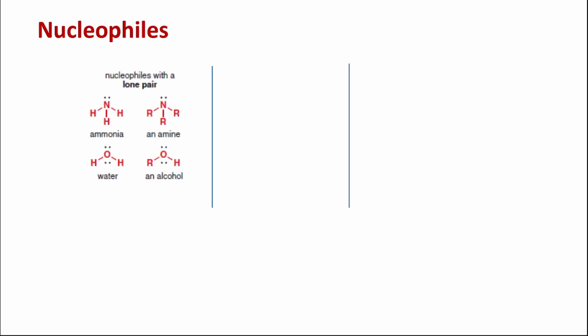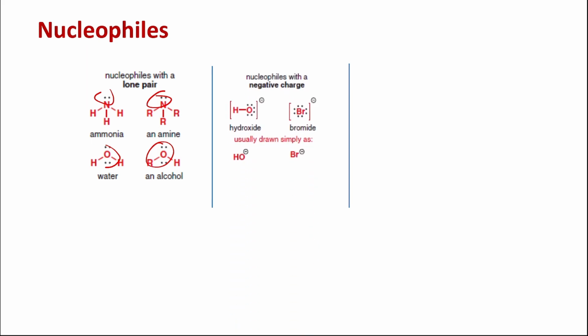So let's have a look at what type of nucleophiles there are. First of all, nucleophiles can be species that have a lone pair. For example, ammonia, which has a lone pair, or an amine, water, or an alcohol. All of these have lone pairs of electrons and they can act as nucleophiles. Also, a species can have a negative charge, something like hydroxide ion or a bromide. All of these have a negative charge and they can act as a nucleophile where they can donate their electrons